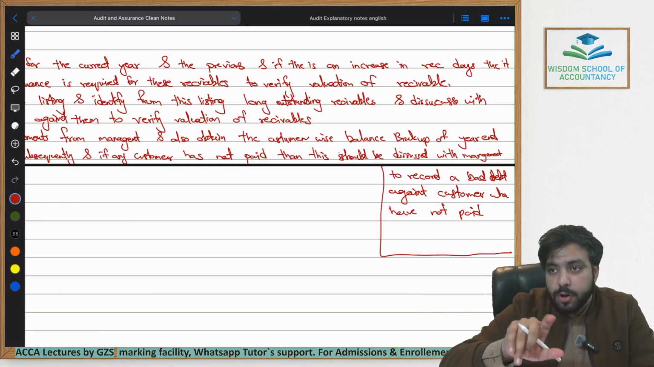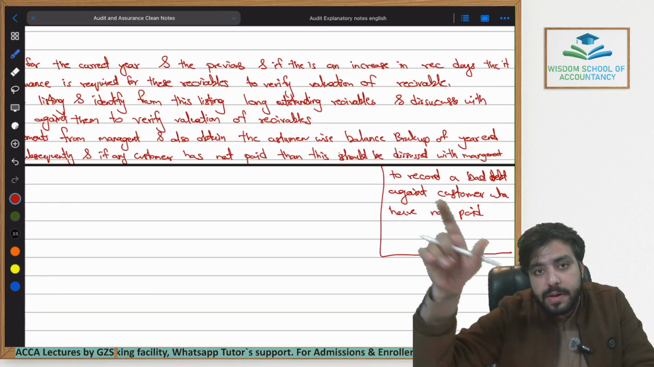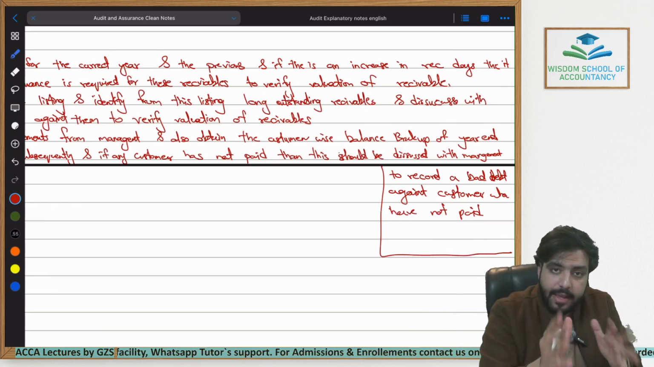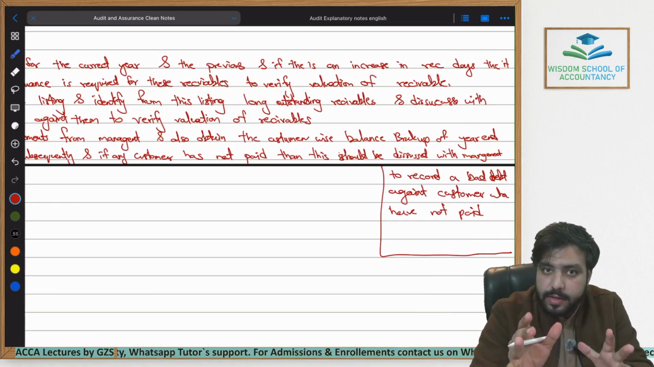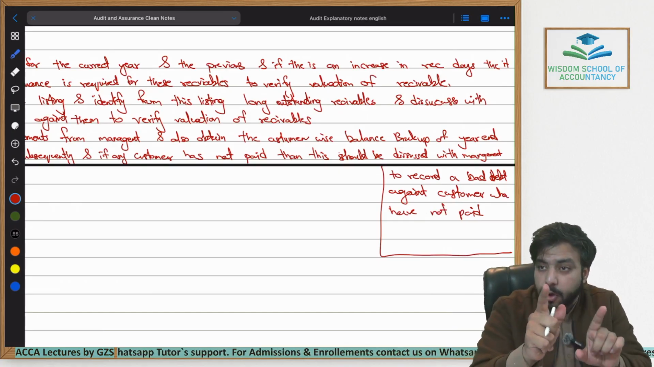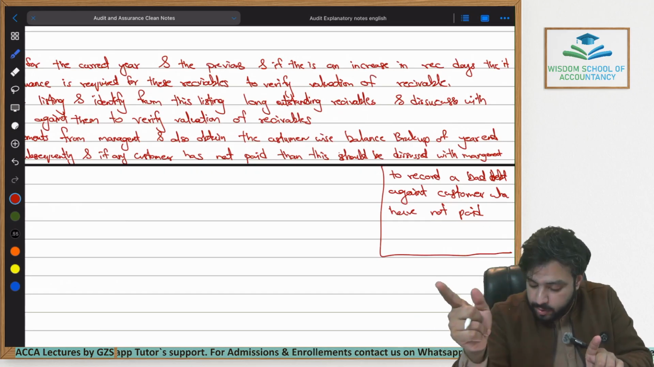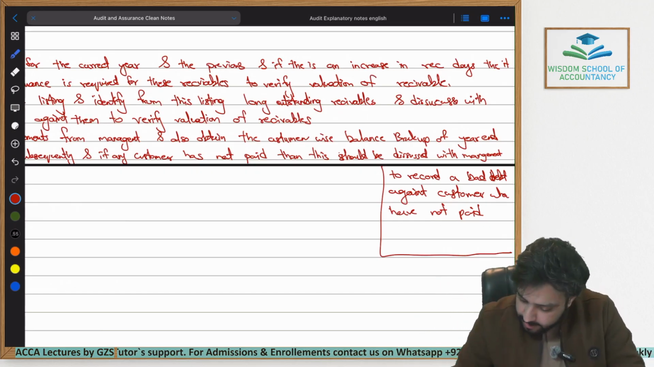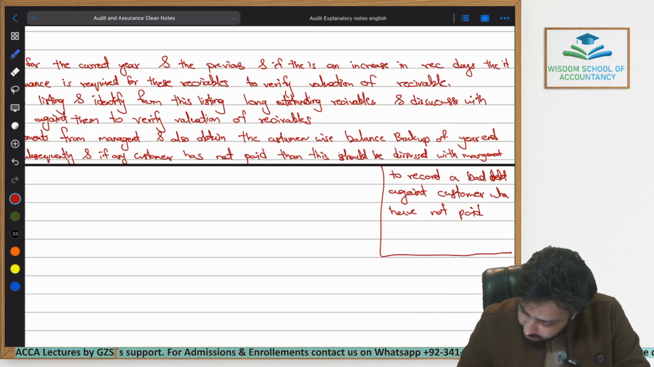If a customer is not paying me even after the year end, 3 months even after the year end, this means at the year end, the balance that has been recorded is overstated. The value is not correct because a bad debt has to be recorded against it. This means the valuation at the year end is not appropriate. Customers have not paid, to verify